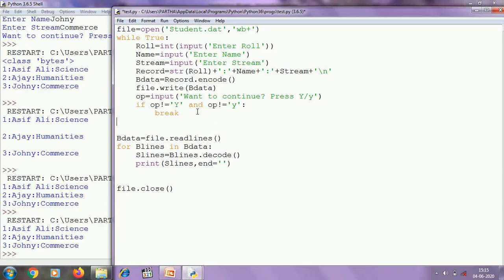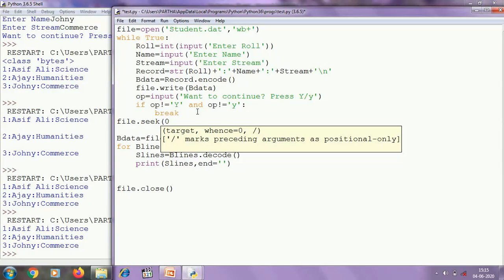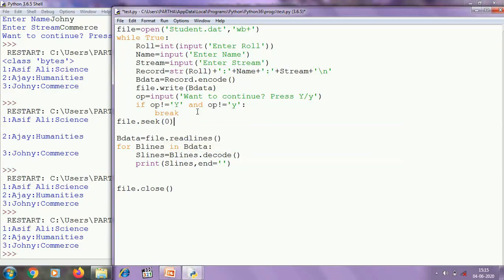After writing multiple records, I need to place the file pointer in the proper place. Using the seek method, we can place the file pointer where I want. After writing the contents to the binary file, the file pointer will point to the end of the file.